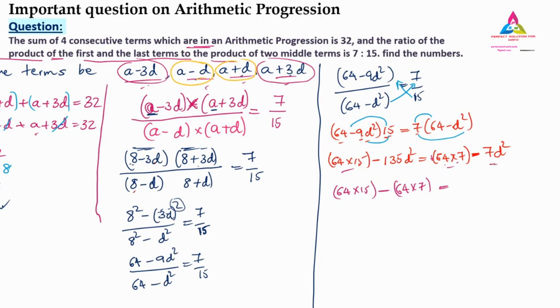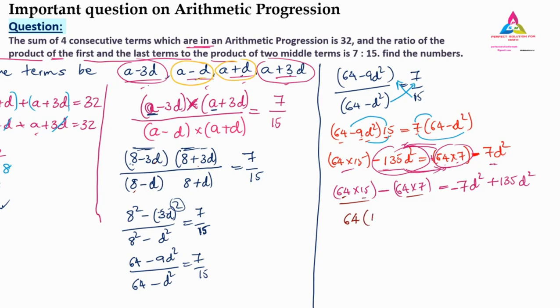Now what is left on the right hand side is 7d square, that is negative. Remember, negative 7d square. This negative 135 d square I will bring on the right hand side, so it will become plus 135 d square. Understood? This term what we have over here, I have shifted to the right. The 64 into 7 I have brought to the left. That's all. So now on the left hand side, you can check 64 into 15, 64 into 7. The common thing is 64, so write down 64 as it is. So what is left inside?